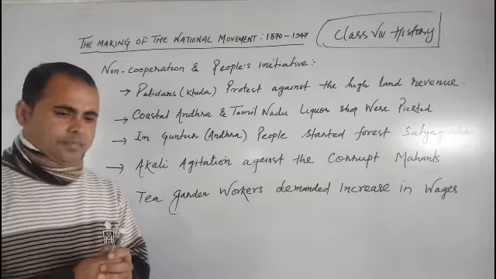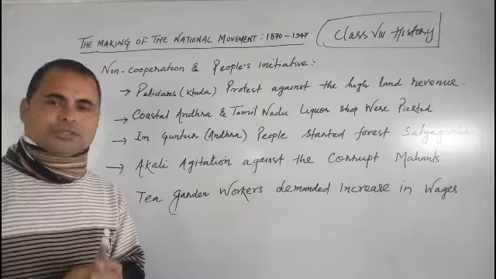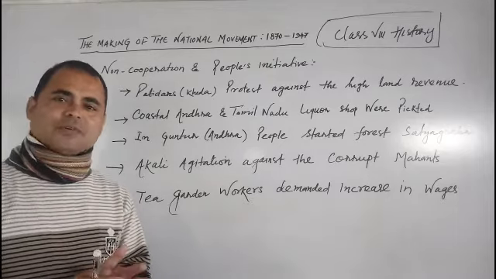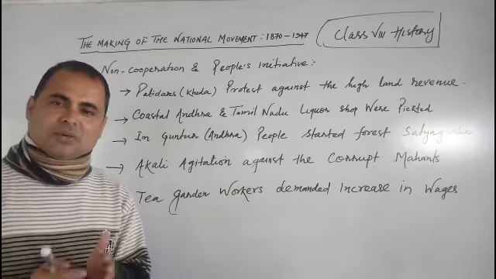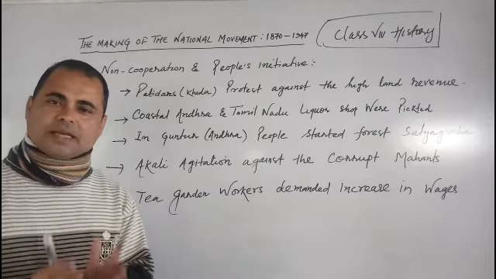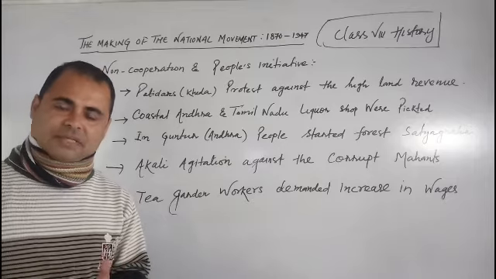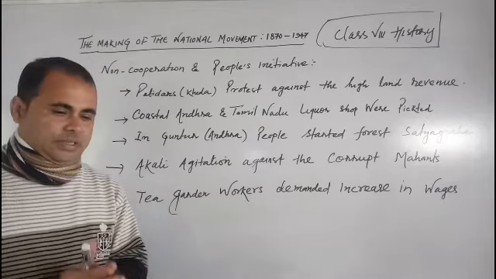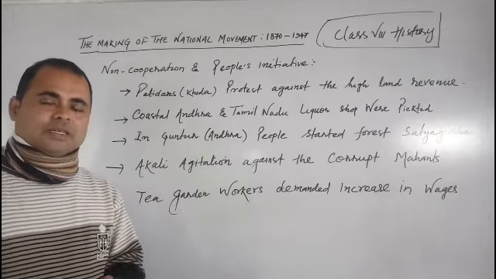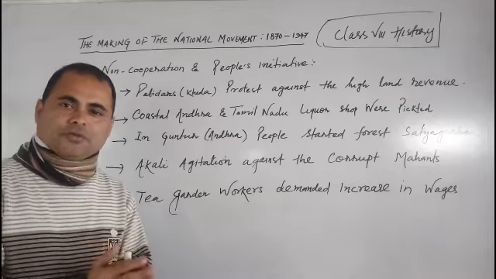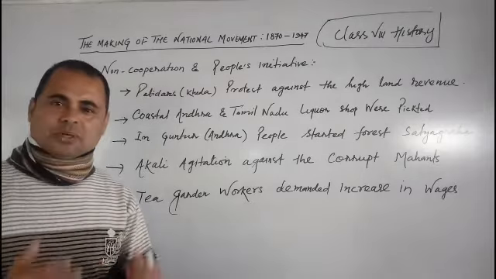If you see, the perspective with which Mahatma Gandhi launched the non-cooperation movement was not clear to the people. Mahatma Gandhi's whole movement was based on satyagraha, ahimsa and peace. But when this non-cooperation movement was launched with the aim of not cooperating with the Britishers, most of the people